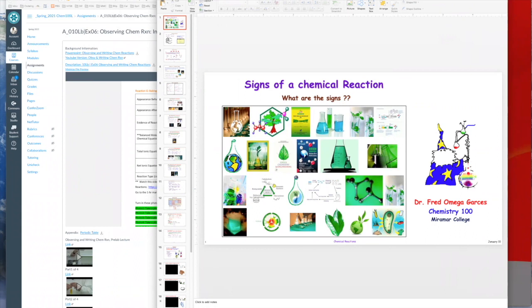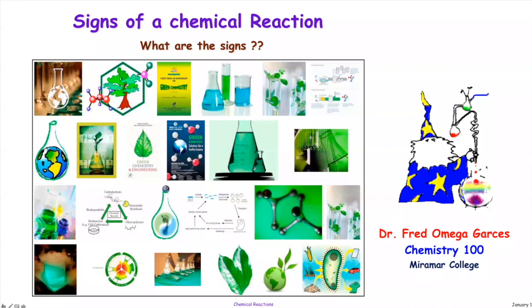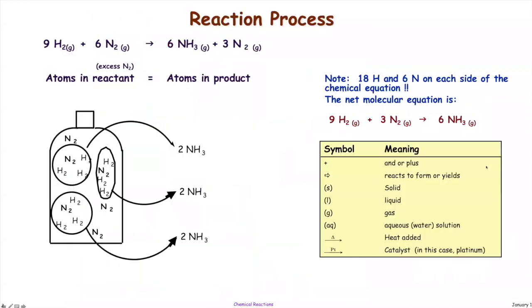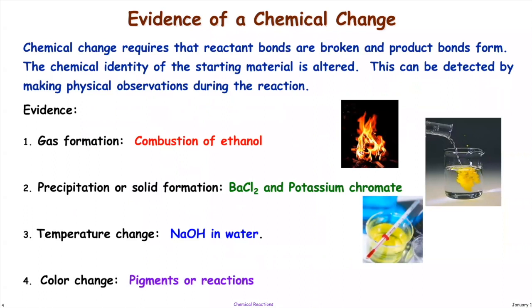So we've already covered balancing chemical equations, so I'm not going to really do that. Make sure that when you write the chemical reactions, you are as detailed. You need to put the phase, you need to put down the arrows, and you need to make sure it's balanced. Okay, so that's